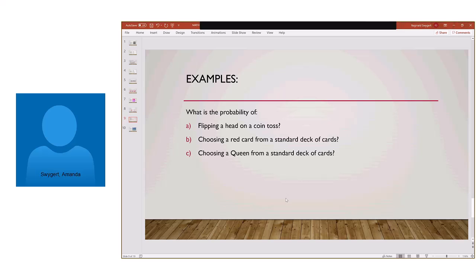Very good. And all of these that we're answering right now are theoretical because these are cut and dry. This is just the makeup of a coin. This is the makeup of a deck of cards. Okay. All right. I'm going to pull up my conversation again, so you might lose the PowerPoint here for a second.